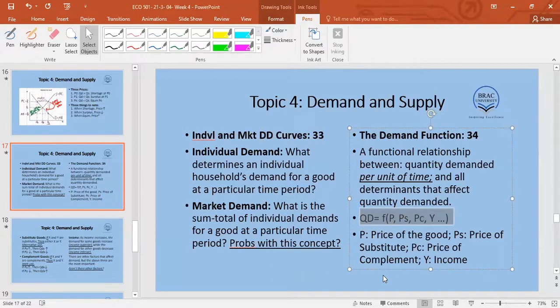Quantity demanded is a function of the price and other variables. You must have seen a demand function like this, right? Yes, sir. Because your demand for a particular commodity cannot depend only on the price of